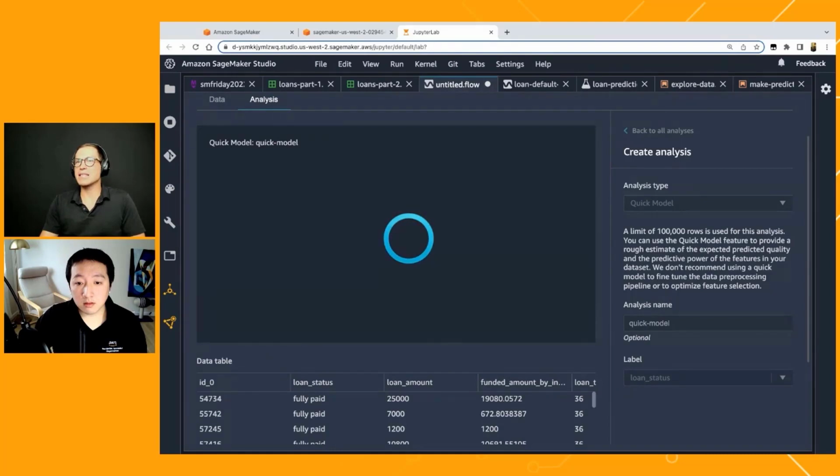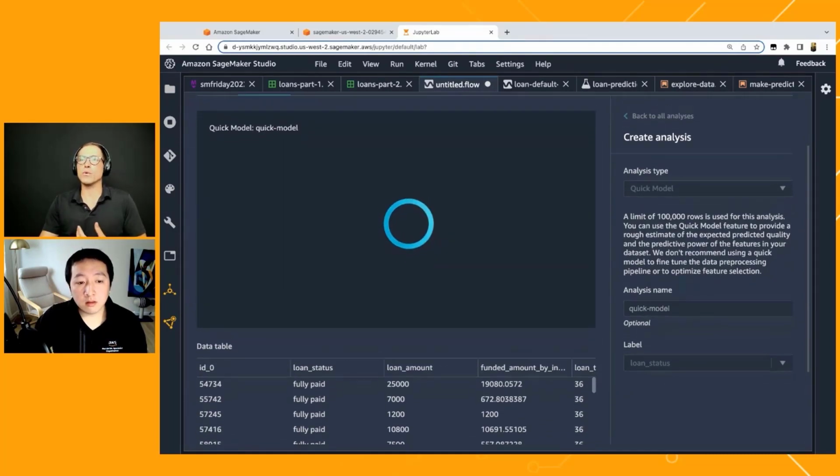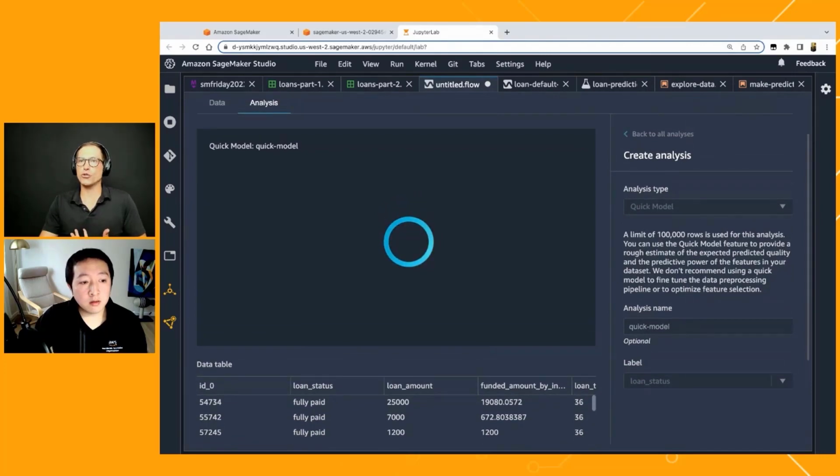Perfect. And I guess as this is producing the outcome, the next thing you want to do after the insights you got is, I suspect, to add transformations, right? Does Data Wrangler help you with that? Yeah, absolutely. Data Wrangler is not just EDA, the exploratory data analysis.